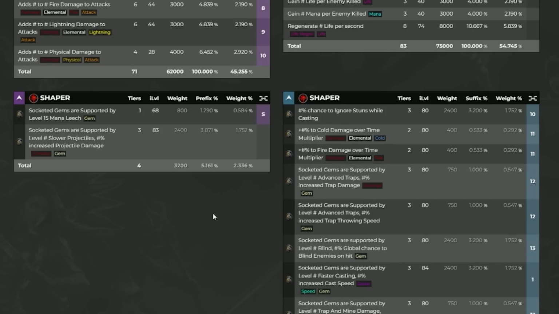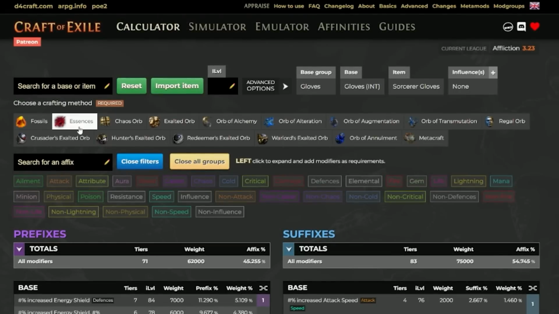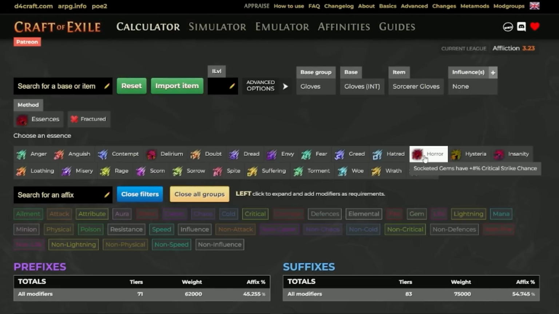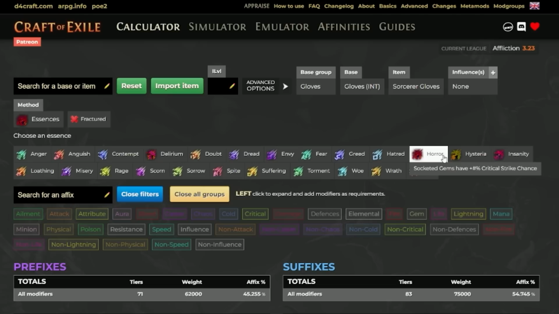Is absolutely nuts. There's also the possibility of essences when it comes to gloves, which obviously come in different kinds of versions, such as gems have plus critical strike chance. And then there's the gems have added flat fire. More attack and cast speed is a very big one. And then obviously we have Delirium, which is damage over time, which I don't think is going to be the play. But the stock of the gems have flat crit, and the flat fire or the more attack cast speed